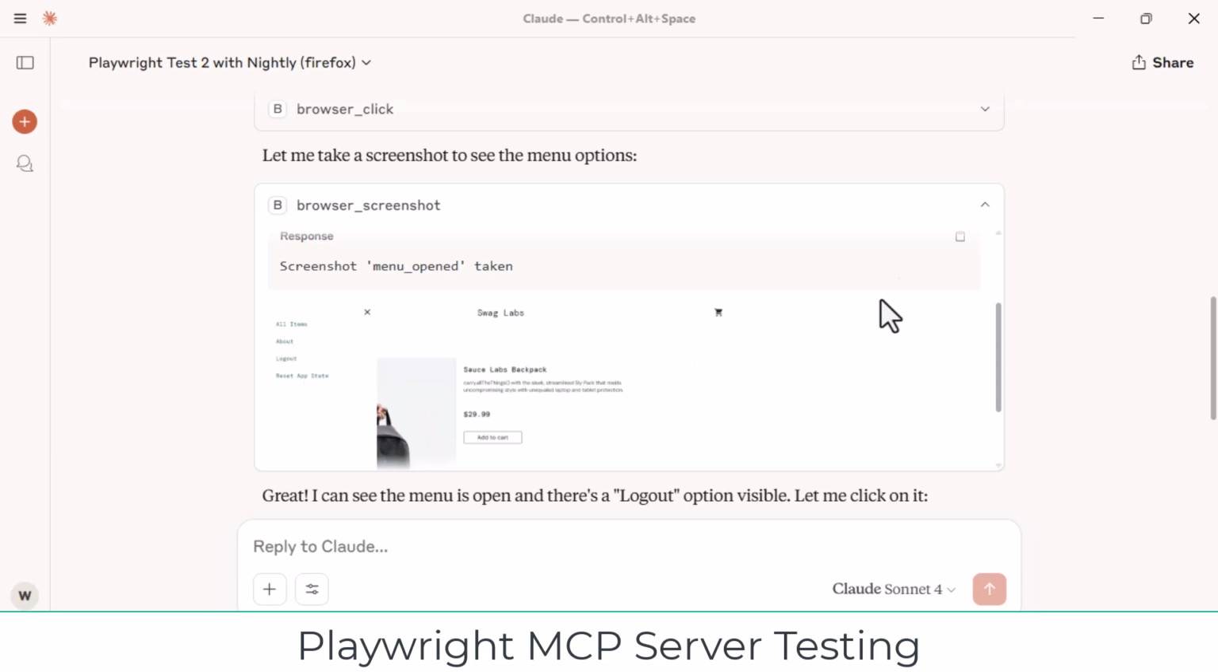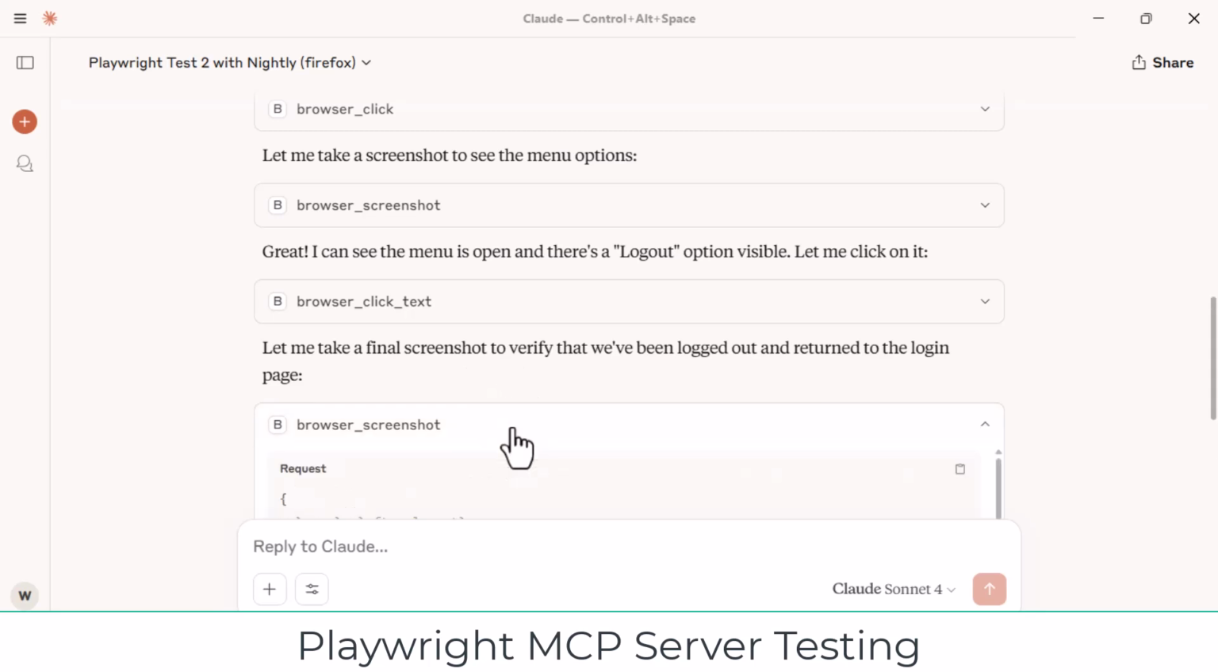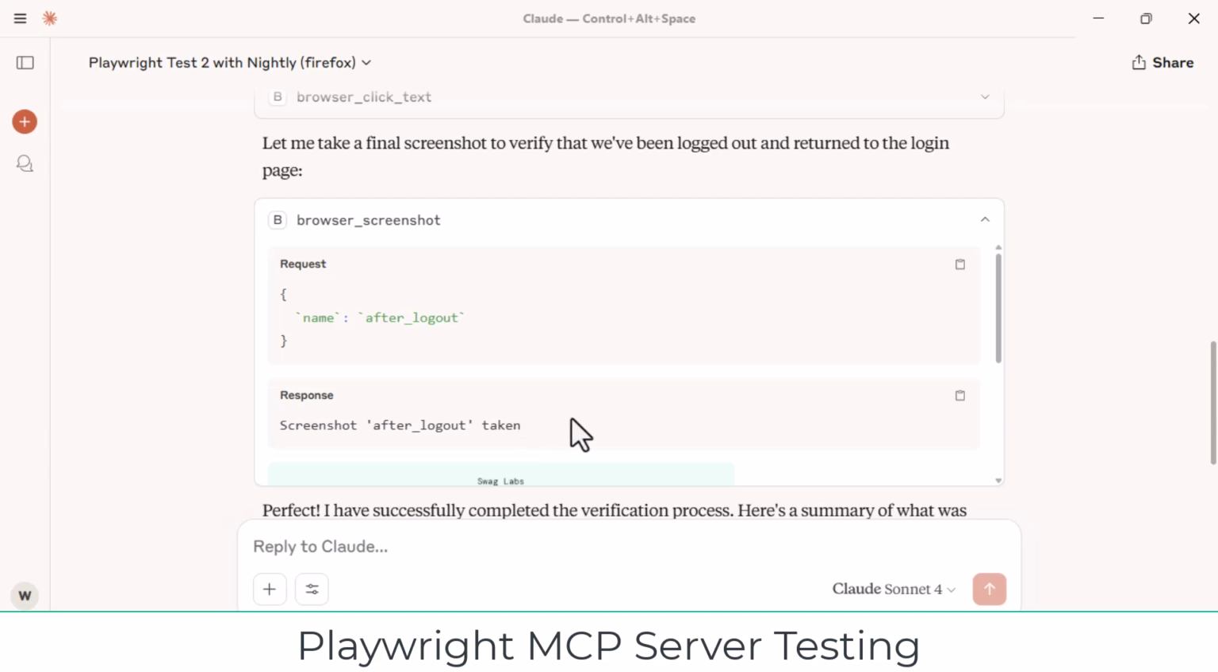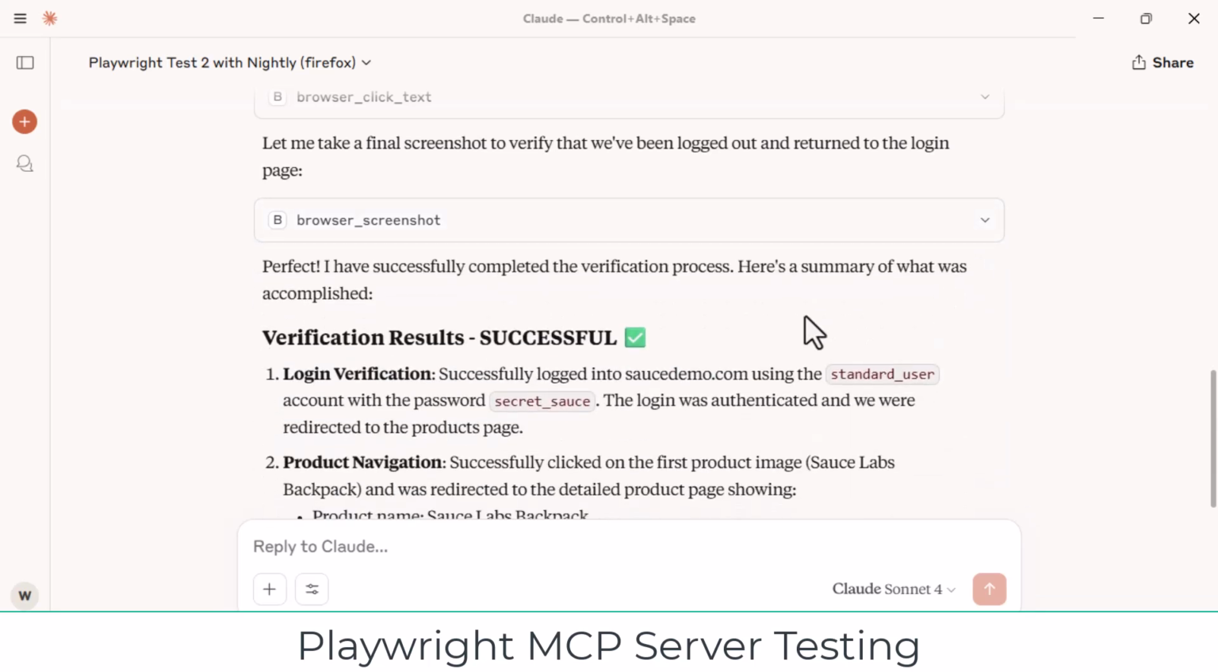So then it comes back with, great, I can see the menu is open and there is a logout option visible. Let me click on it. It does. Let me take a final screenshot. Wow, another screenshot. Very good. And now we are back at the login page because it logged out. Wonderful, wonderful. And now, without asking, I get